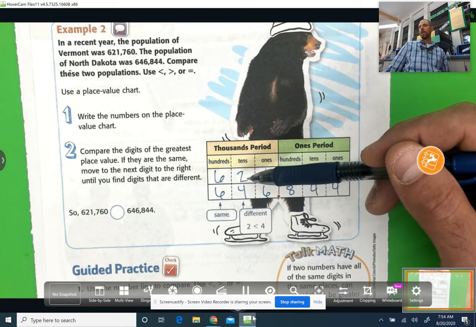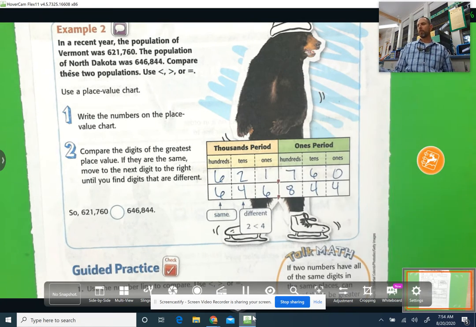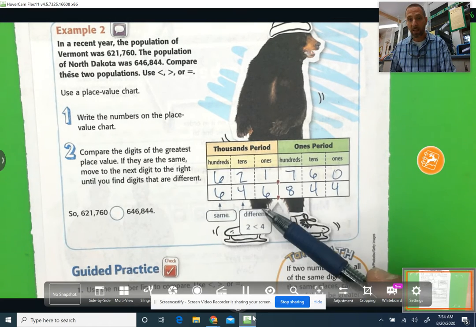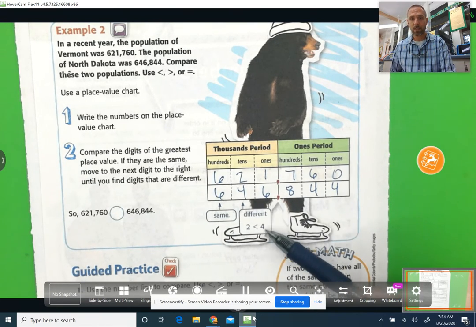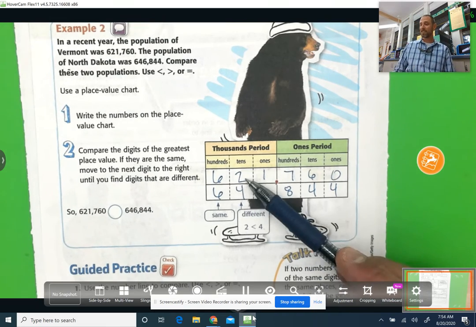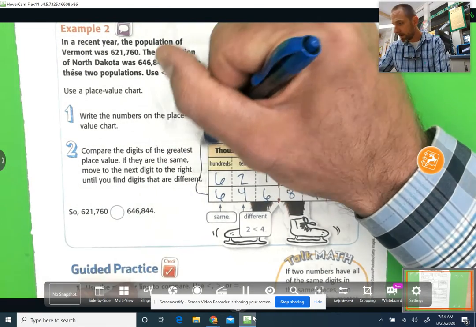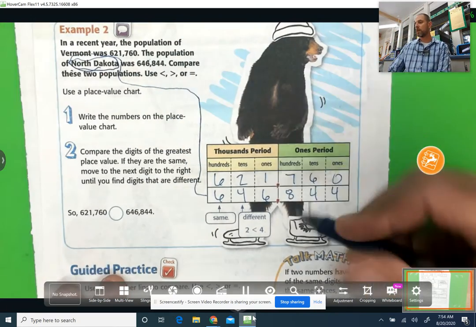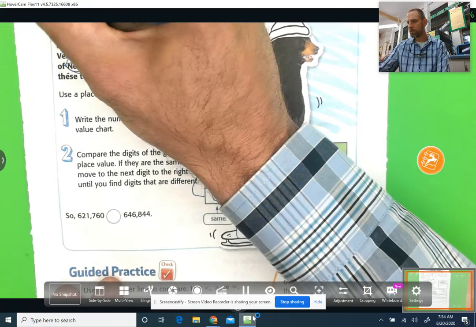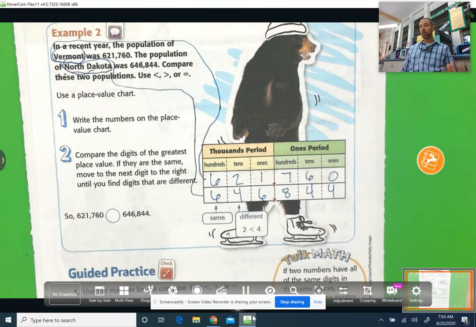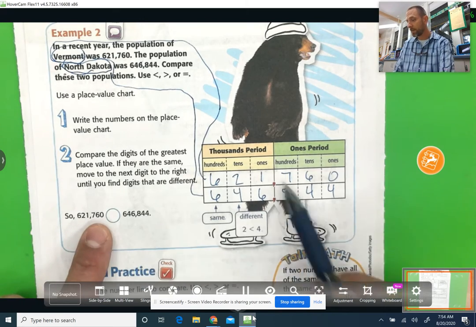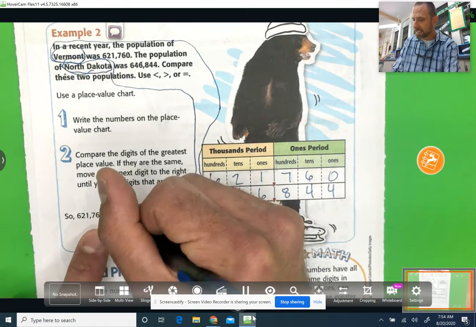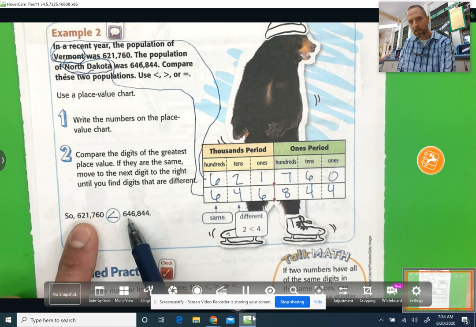Now I'm going to look at the 10,000s place. I have a 2 on the top number, and I have a 4 on our bottom number in the 10,000s place value position. That means I can use that place value position to compare these numbers. And as this diagram says, they are different, and 2 is less than 4. That means that the population of North Dakota is larger than the population of Vermont. So 621,760 is less than, right? Because you got the 2 in the 10,000s and the 4 in the 10,000s,